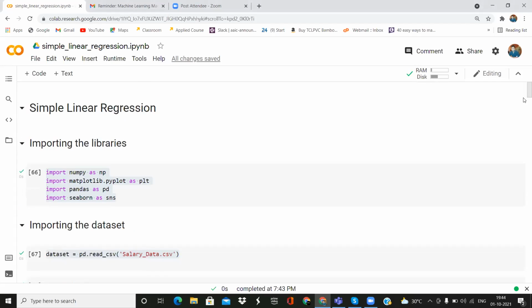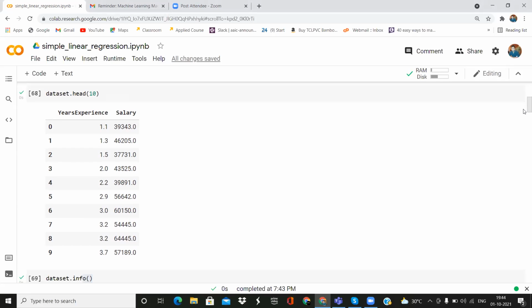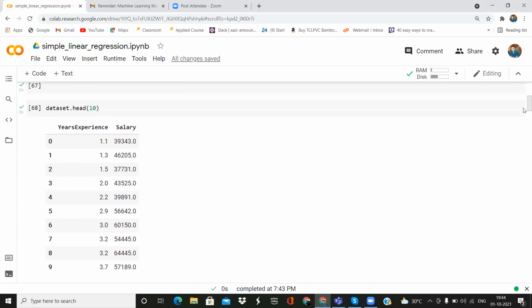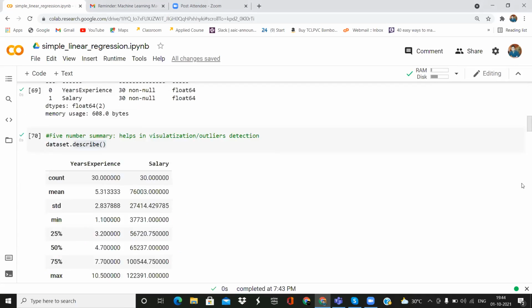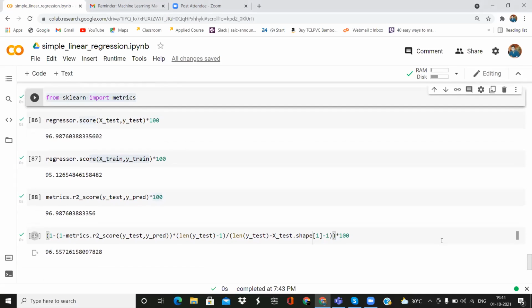Here it's not possible to change the variables since we only have one independent variable. Otherwise you retrain your model and change your independent variables, maybe drop some after checking the correlations. In that way you can change your R2 scores or adjusted R2 scores.